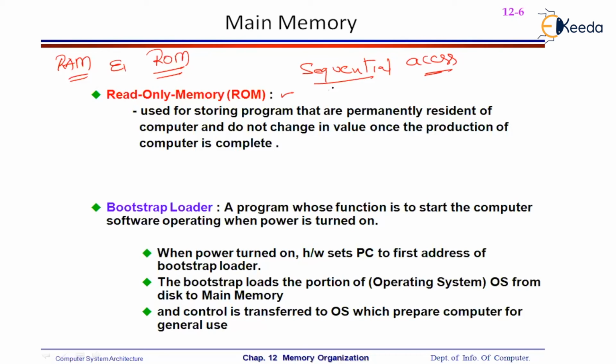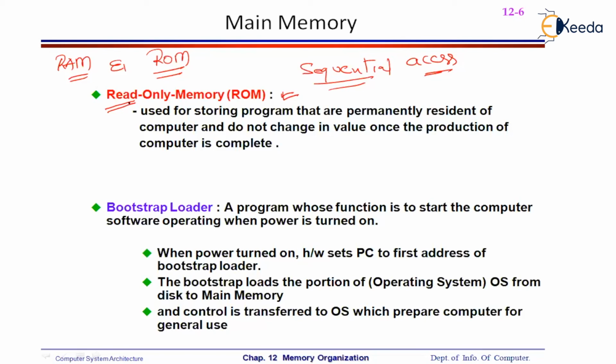There's no sequential access stuff. If there is no sequential access, everything must be random access. So ROM also is random access, right? The addresses within ROM also must be accessed randomly. Okay, so the actual difference is the operations that are performed on these chips. On RAM, we can read as well as write. But in read-only memory, we can just read. Only reading will be performed. We can't write at all.